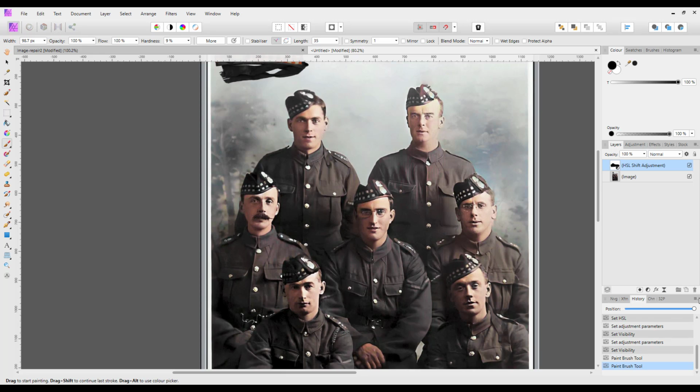Now if you want to take it a step further, you could add a new pixel layer, and again we're on the brush tool, and I will set the colour by using the picker tool up here, and I'll click and drag this down and pick a colour from a uniform area, or an area of the uniform I should say, and then make that the colour of the brush. And I'm going to change the blend mode of this layer to colour,